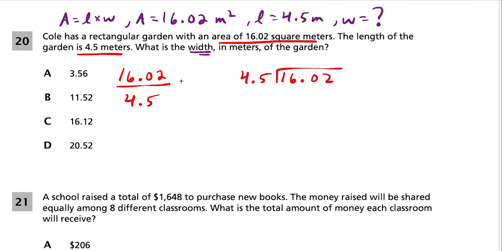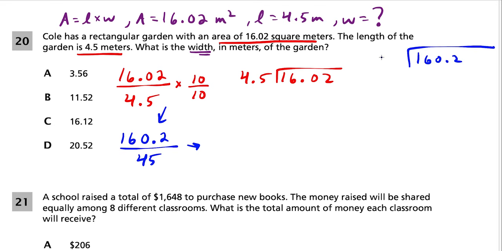So one thing that we could do is multiply the top and bottom by 10. And anytime you multiply a decimal by 10, the decimal moves one place to the right. So this would become 160.2 divided by 45. And this is going to be easier to deal with because when you're dividing decimals, it's easier to turn the divisor into a whole number. So you just move each of those decimals to the right one. So now we're going to do